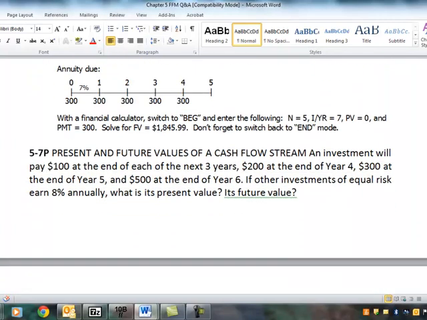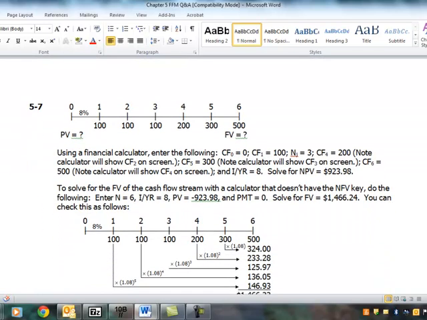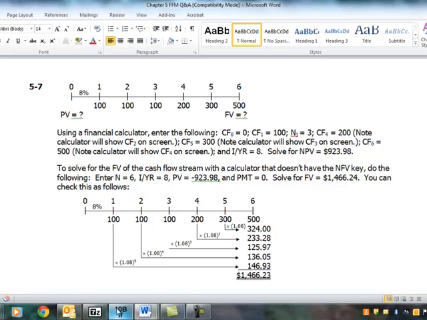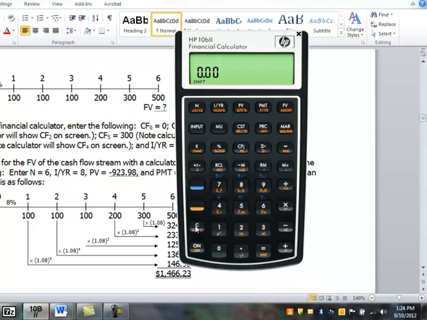Let's look at the present value and future values of a cash flow stream. This is an uneven cash flow, and let's find the present value and the future value. To find the present value, we're going to use the net present value key. And I'm going to plug this into the calculator. My first cash flow is 0, and that's the cash flow key. Then 100, then 100, then 100, then 200,